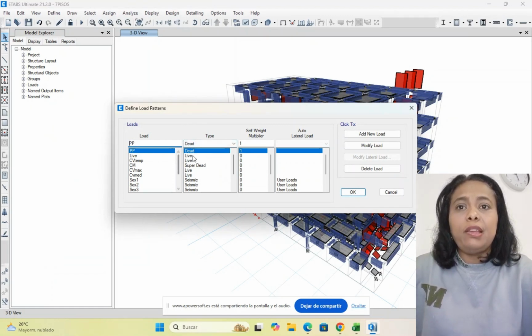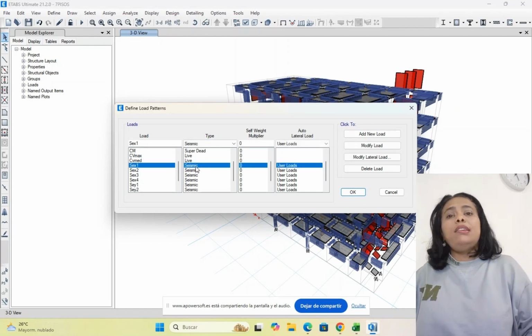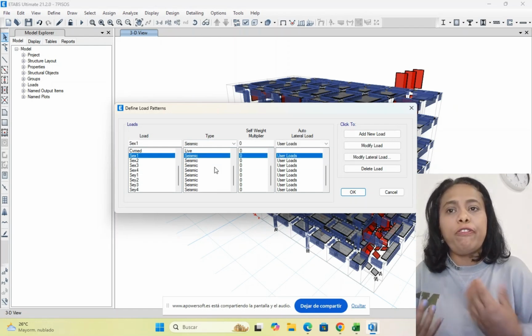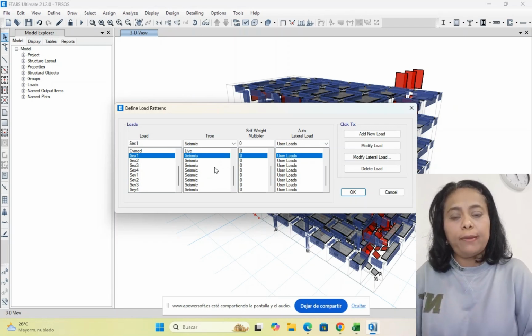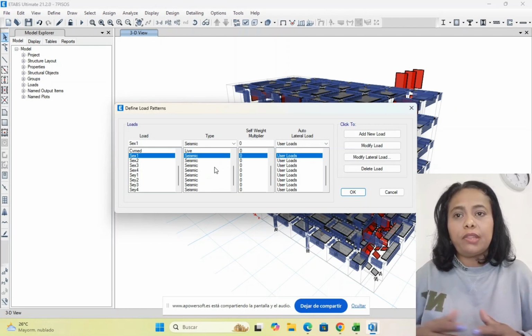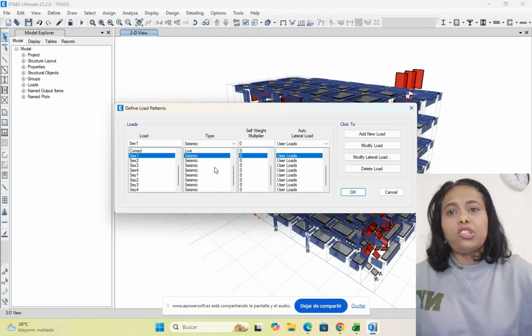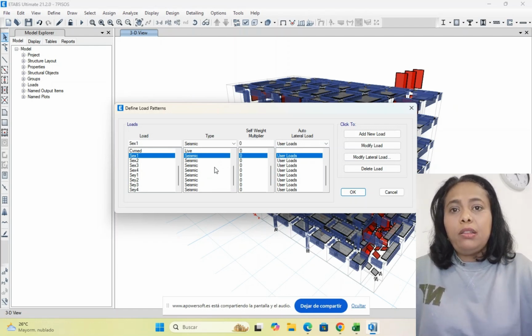The load types: dead load, live load, seismic load. And the first time I introduced 4 patterns of seismic load in both directions: seismic in X direction, and in the orthogonal direction. For example, we can see this load